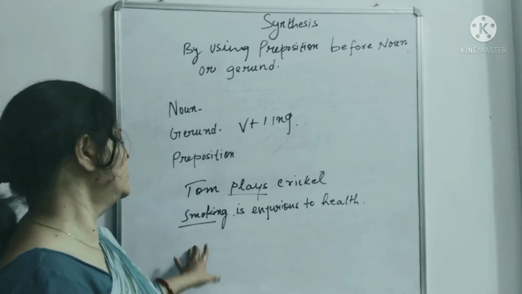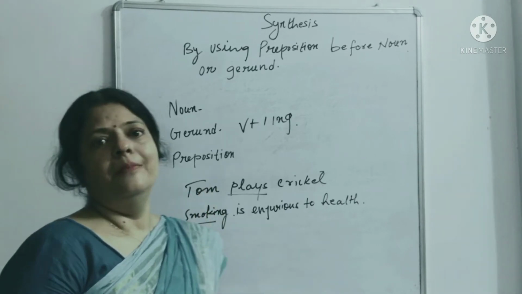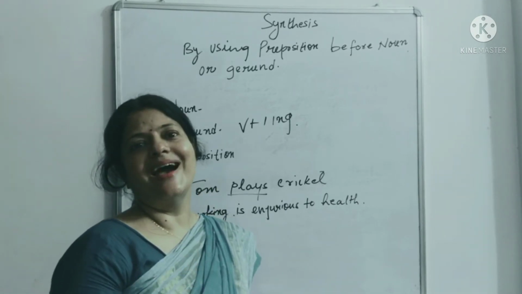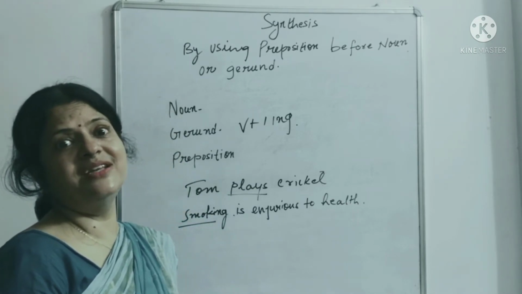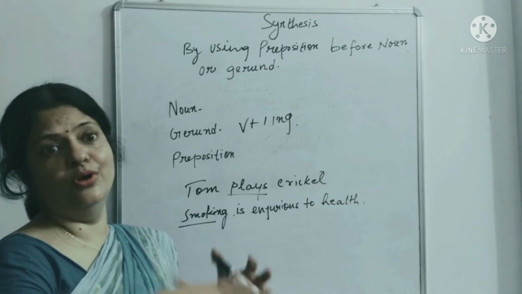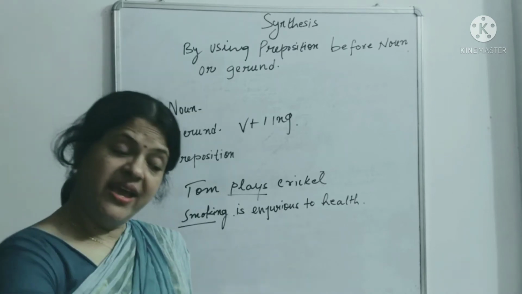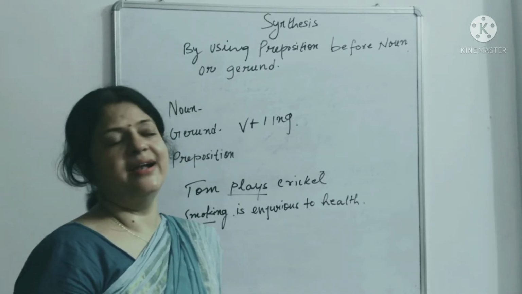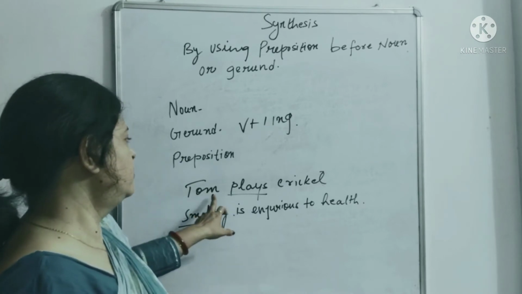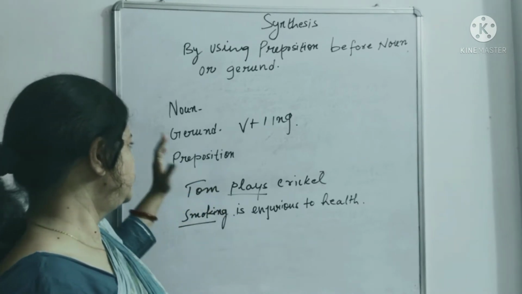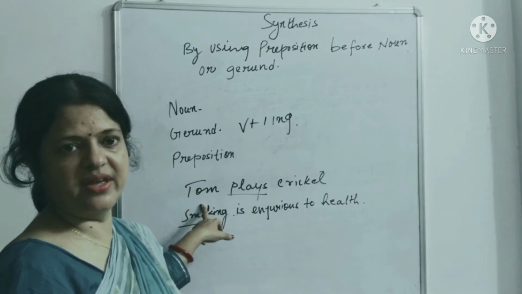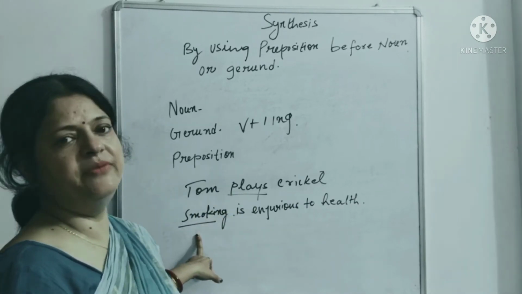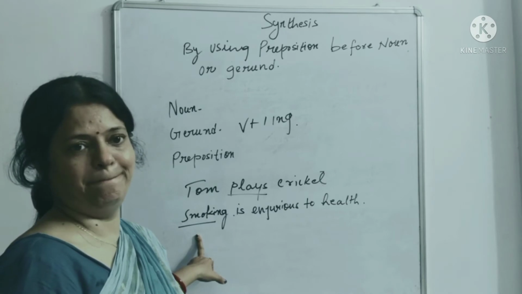So the thing is that, beta, I'm teaching you in Hindi and English both, using bilingual, because it would be easy for all the Hindi medium students as well as English medium students to understand in a nice way. So here we see that जैसे कि नाउन जो है किसी भी वर्ब का सब्जेक्ट हो सकता है, वैसे ही जेरेंट भी किसी भी वर्ब का सब्जेक्ट हो सकता है.